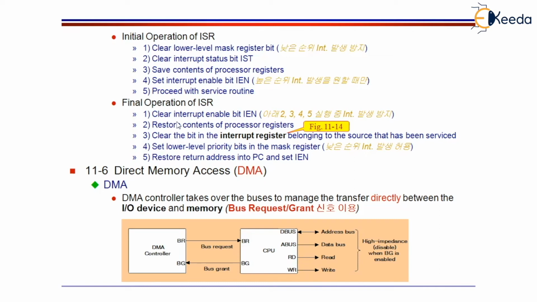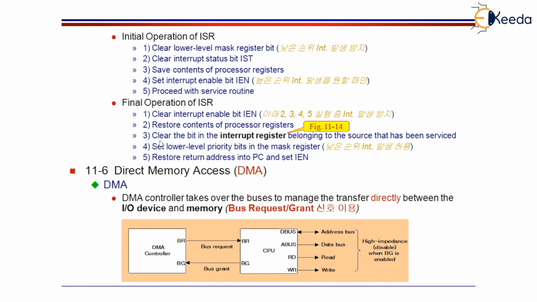And the moment the interrupt has been serviced, the CPU should resume the previous program which was suspended. So it restores the contents of the processor registers. You know that initially, before executing an interrupt service routine, the contents of all the processor registers are saved somewhere because the program is being suspended. Now the suspended program will be resumed right after servicing the interrupt. So it is going to restore the contents which were saved earlier.